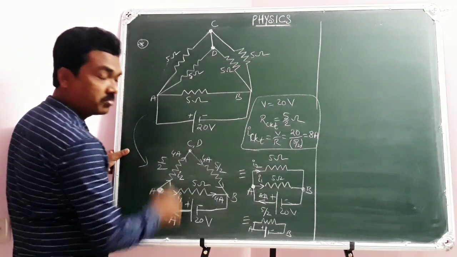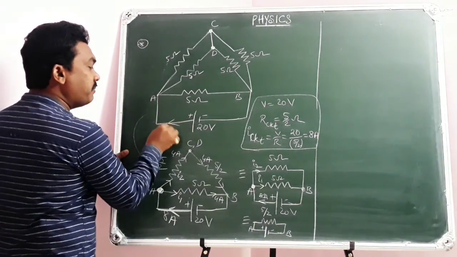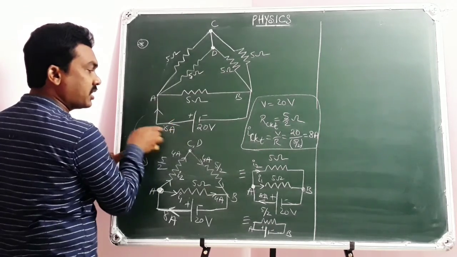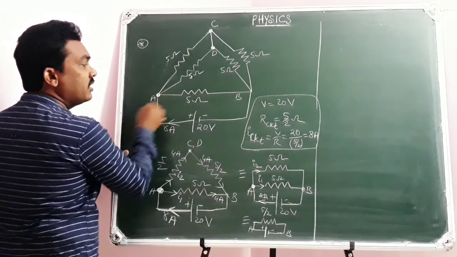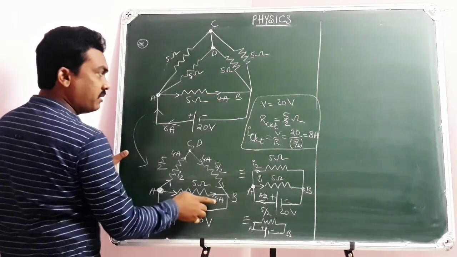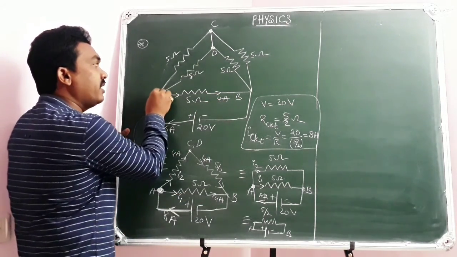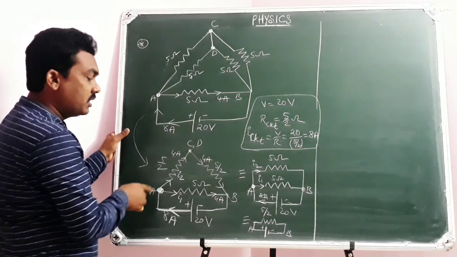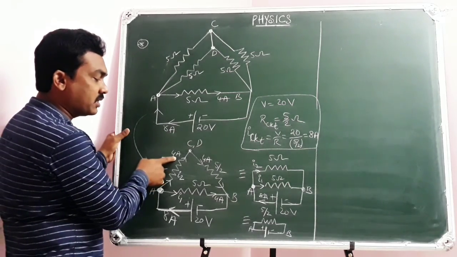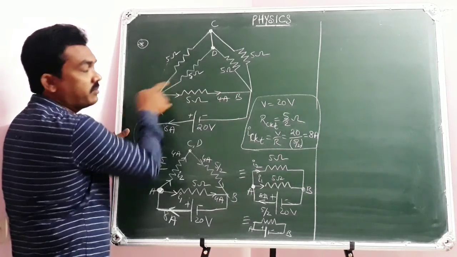This is what you need to understand. Means at A, when 8 amperes current is drawn in the electric circuit, it is going to divide as 4 amperes along the path AB. But 4 amperes is going to divide at A. Ultimately, 4 amperes passing through the parallel combination of 5 and 5.